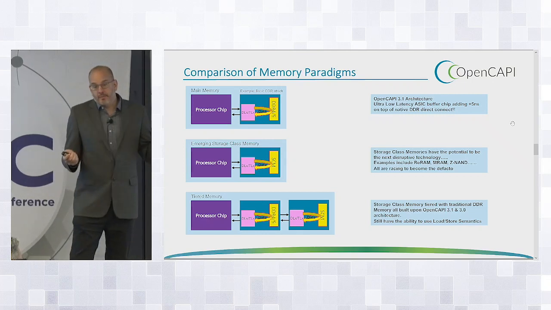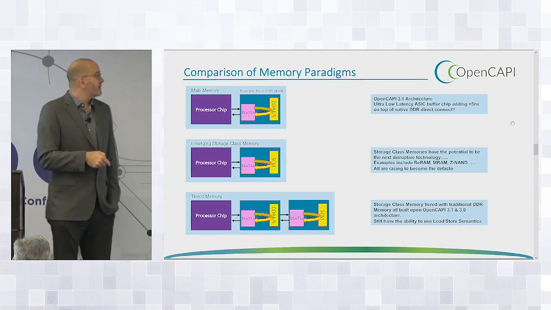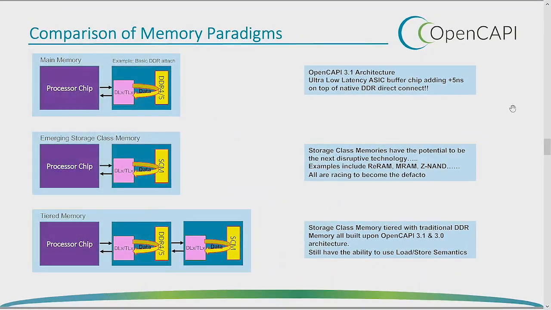So what are the different types of paradigms we see? We already talked about this, but we want to be able to do direct DDR replacement. Instead of having DDR DIMMs, we'd like to plug in those other memory DIMMs you saw there. Those enable this to be a generic, agnostic interface. So with that same processor, I can now plug in storage class memory, with different memory latencies and different ordering rules.